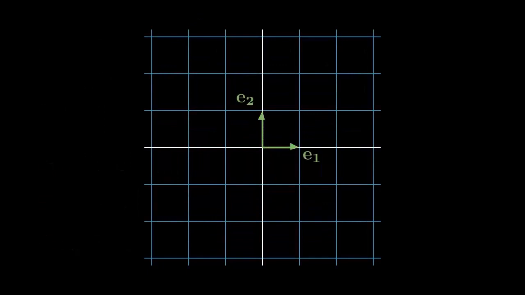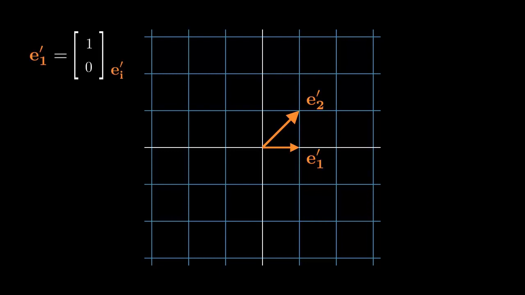When you think of a basis change like this, the components of e1 dash are 1, 0. But the components of e2 dash are 0, 1. Please note, the first component is not 1. This is because the basis defines the coordinates. If we represent the e2 dash components with the standard basis ei, then it is 1, 1. But the current basis is ei dash. e2 dash has only the second component. That is the reason that the column vectors here have the small ei dash.